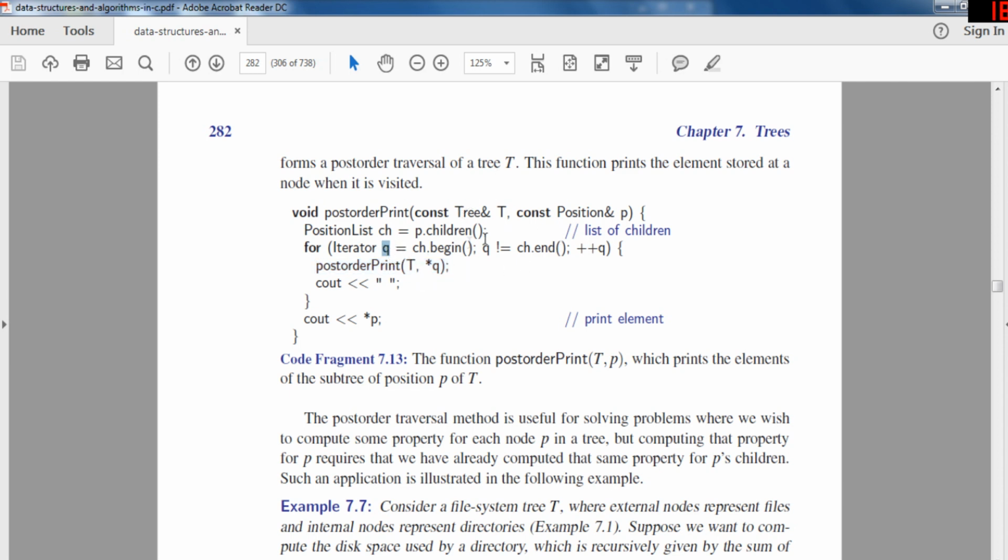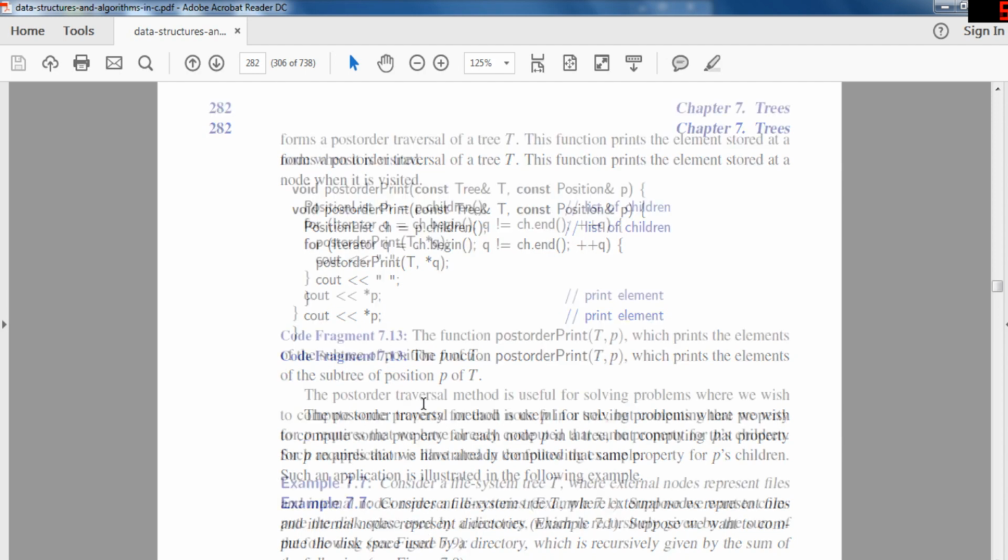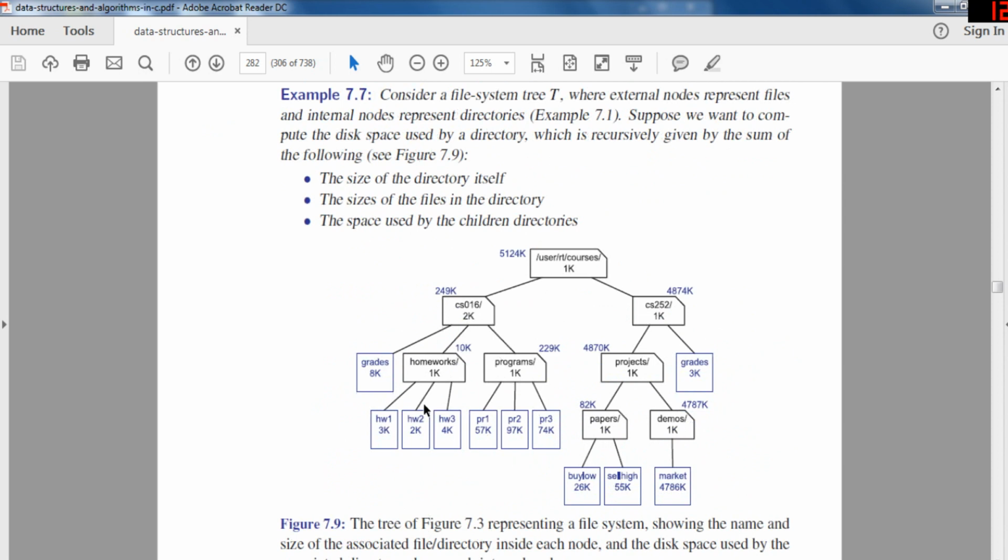Then we print out a space, and after each loop, because this loop goes through every child, right? So after each child, we print out the actual child. That's why we recursively call this first. Because Postorder is useful for solving problems where